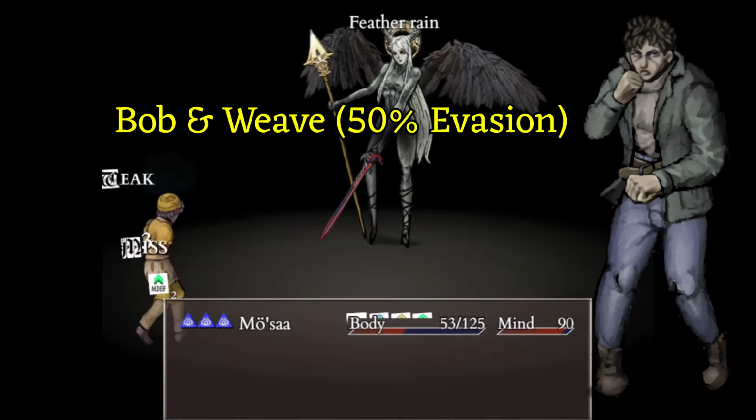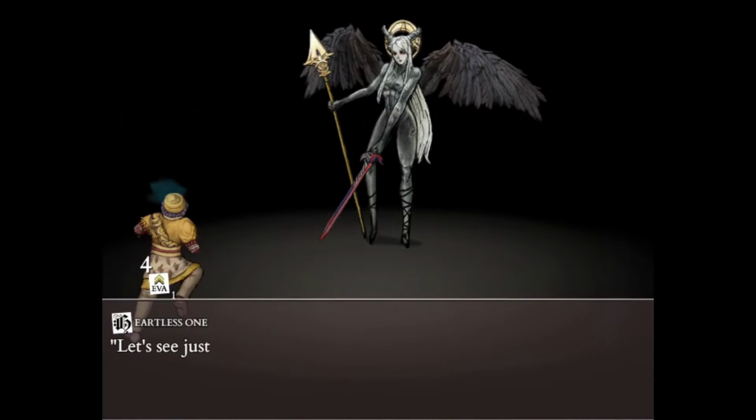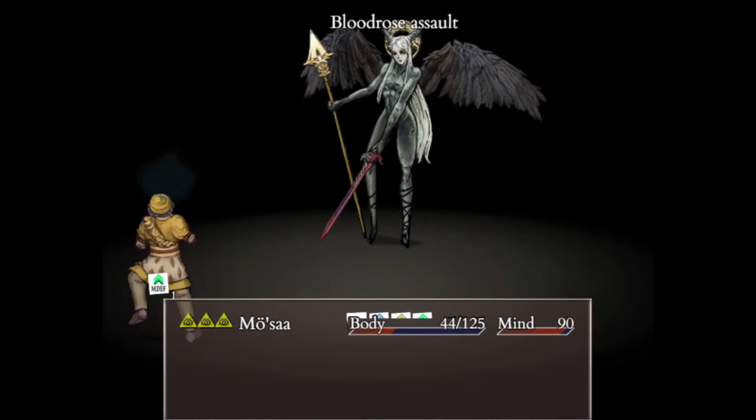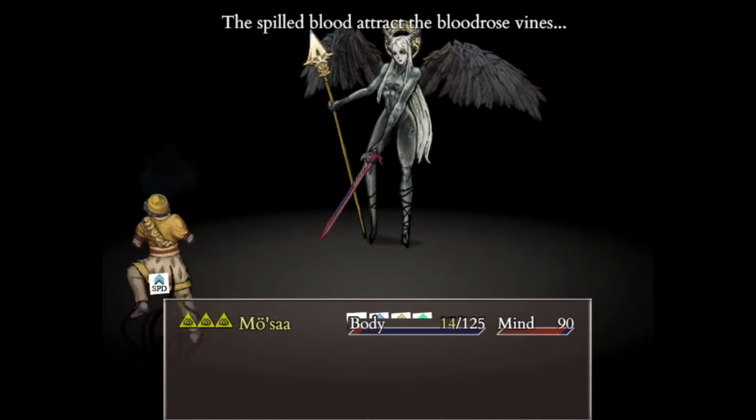Bob and Weave, giving you 50% evasion. It doesn't stack with Brown Bile. Cashmere Suit, 5 evasion. It stacks with Brown Bile or Bob and Weave. While you're not really going to achieve much with evasion, you will get a lot from just popping Brown Bile